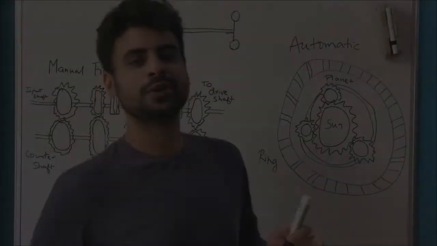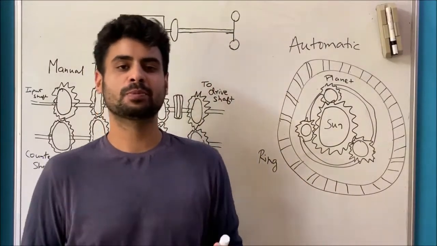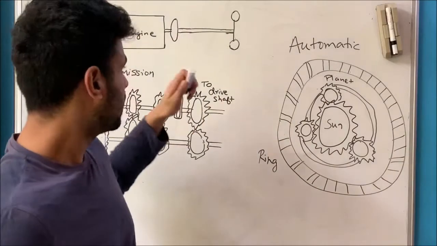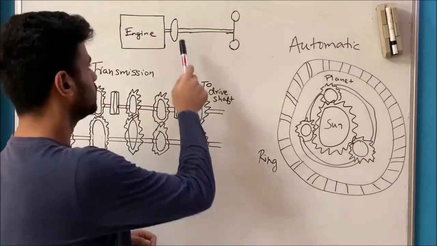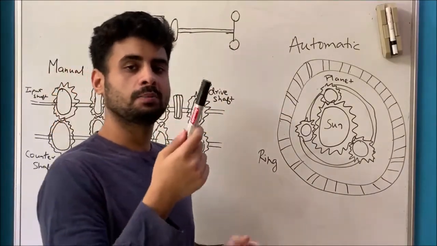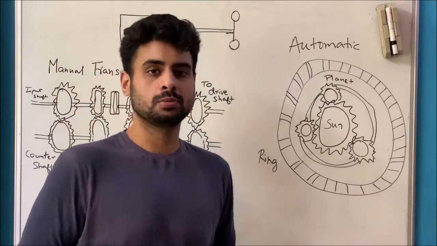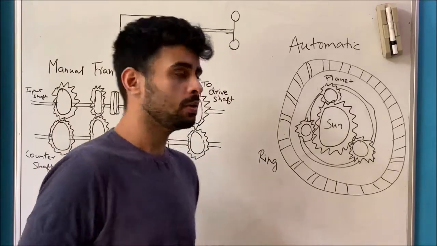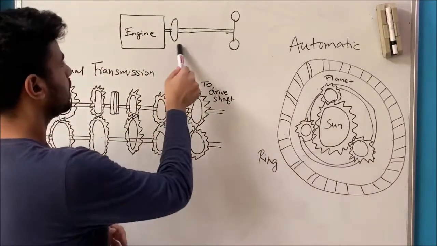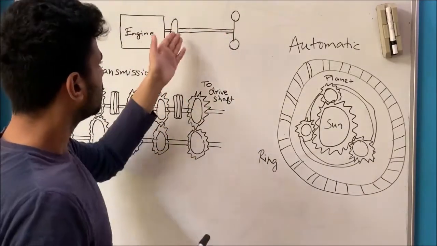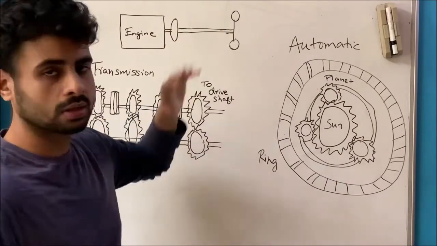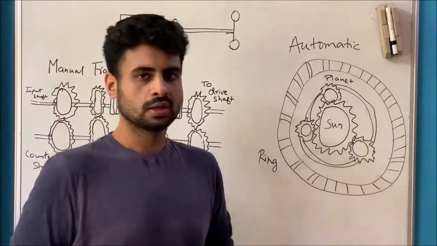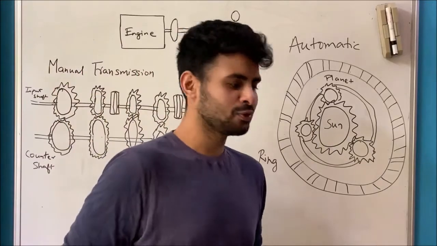Over the past 6 videos, we've understood the basics of power production from the engine, and at the end of all that, we've ended up with this flywheel here, which is producing power in terms of rotational motion. And now we need to process that power. But why? Why can't we just connect this flywheel to the wheels here and send this rotational motion from here to here? Job done. Obviously, it's not as simple or useful or practical.